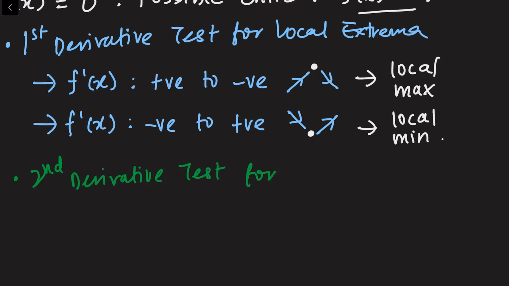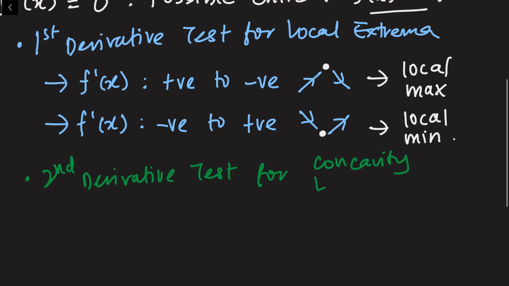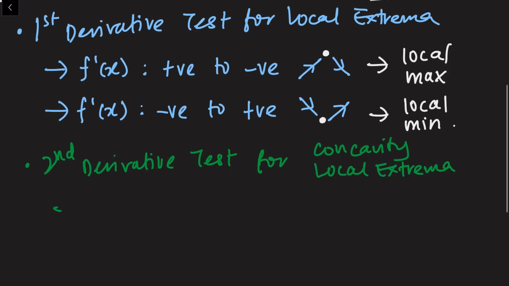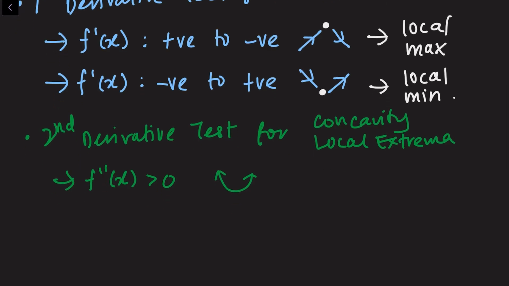I think I will combine concavity and local extrema together, okay? For concavity and also local extrema, okay? If the second derivative is greater than 0, it is concave upwards. Alright? So in the interval where it is concave upwards, if you give another condition, which is f prime x is equal to 0, the only way that you can have a horizontal tangent line is at the local